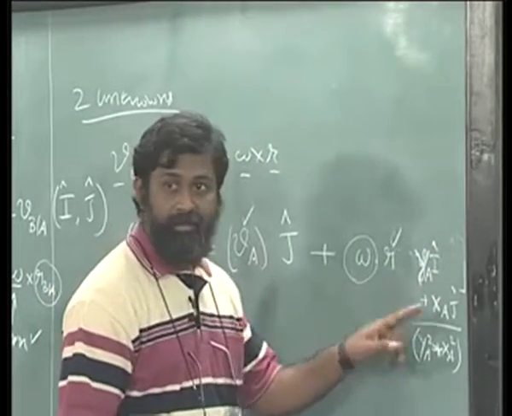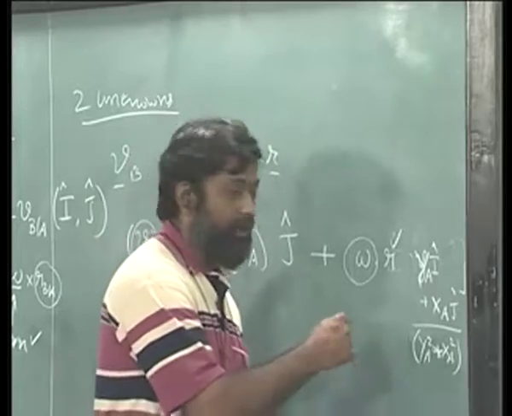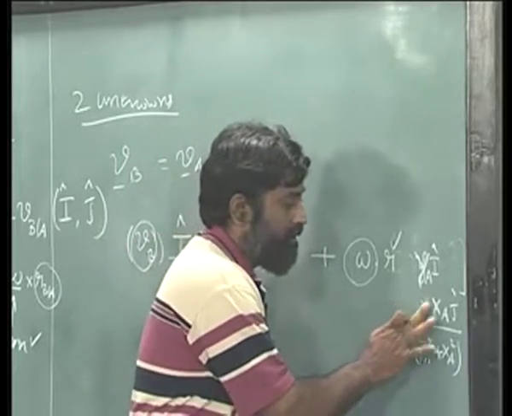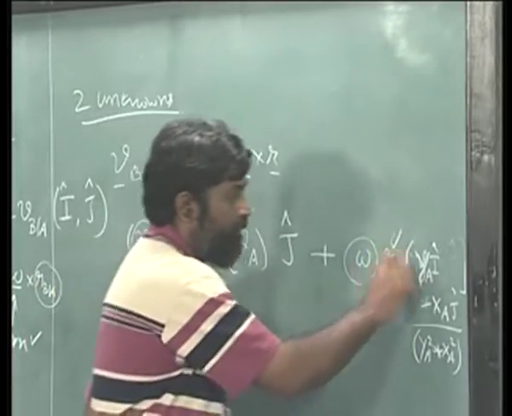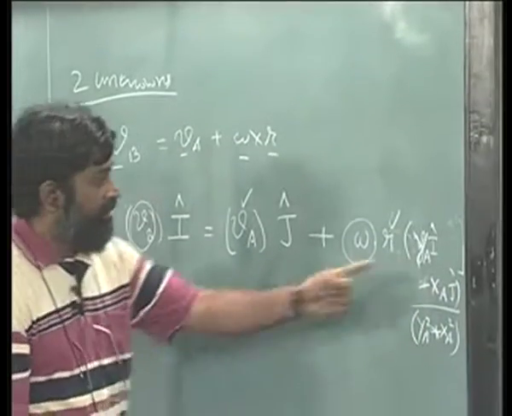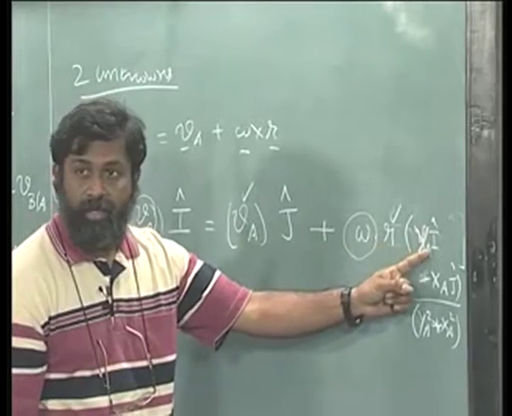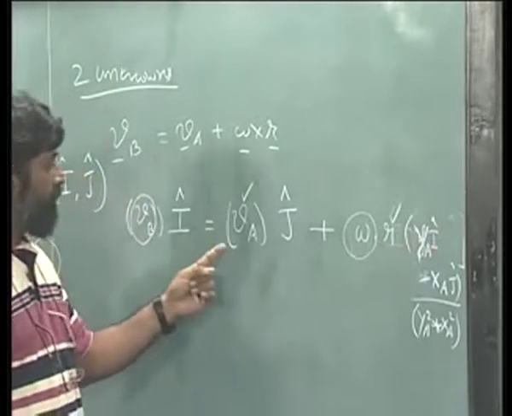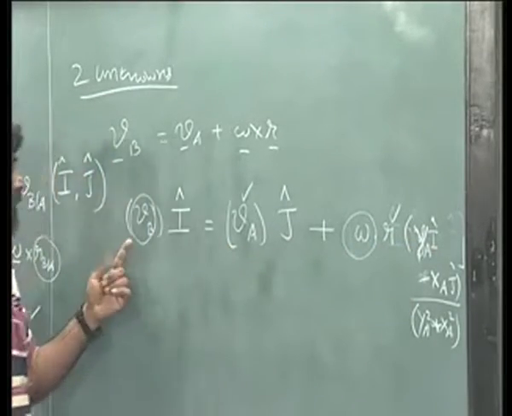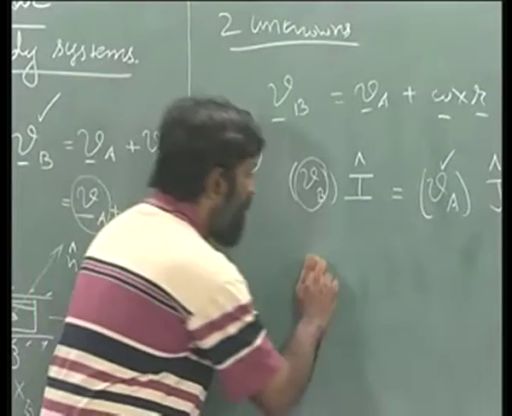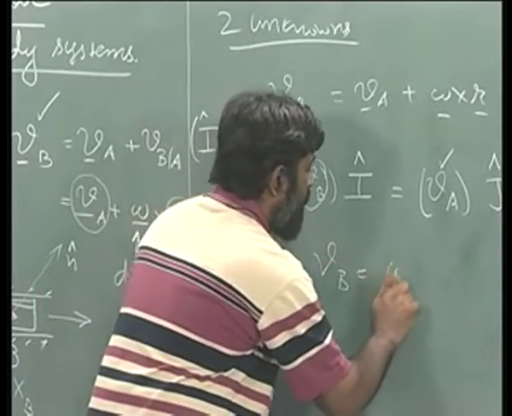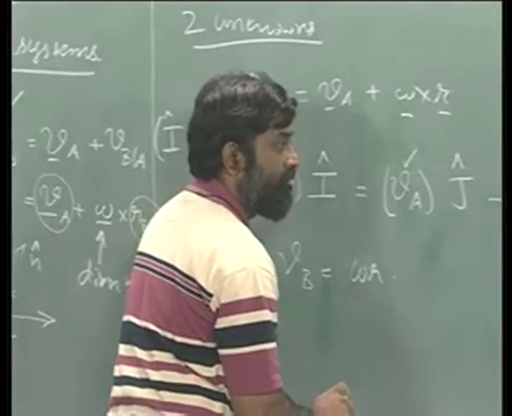Is it plus or minus? You will get it to be a minus, okay, this is a minus direction. If this is the case, I have some I component coming here, omega r times ya along I direction, and there is no I direction over here in Vb. So I will get Vb equal to omega r times ya